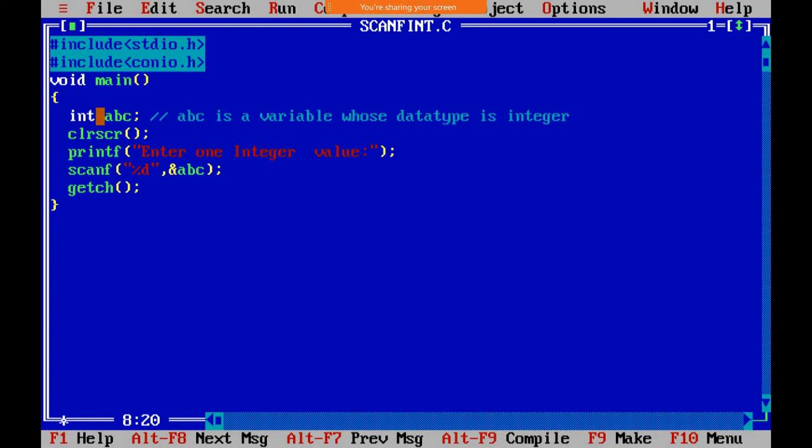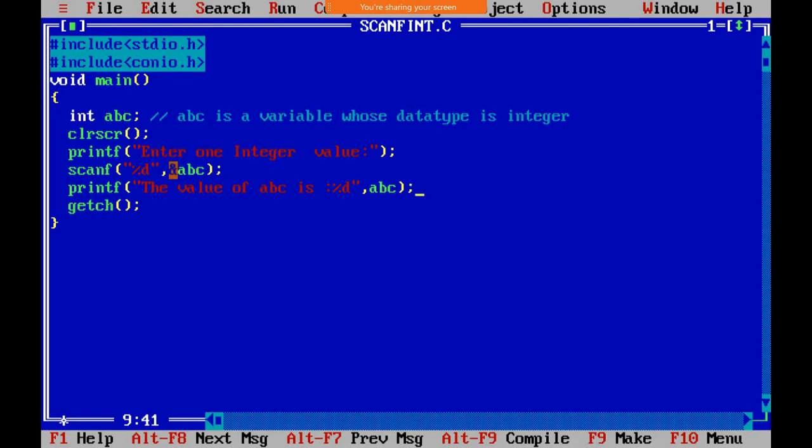Now we need to print that value. अब store हुई कि नहीं कैसे check करना है? We'll print that value. So again we'll use printf. Which value do we need to print? Decimal value. So here I will write the value of ABC is colon. To print a decimal value, and in the last section we already discussed, if you want to print any value we require a format specifier. So in here I will use percentage d, and a comma for separation, and now I will display the value. The value is stored in ABC. For that I will use ABC.